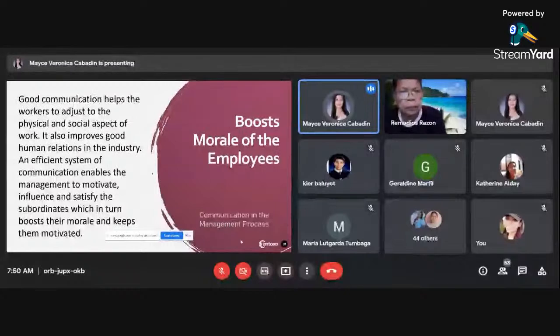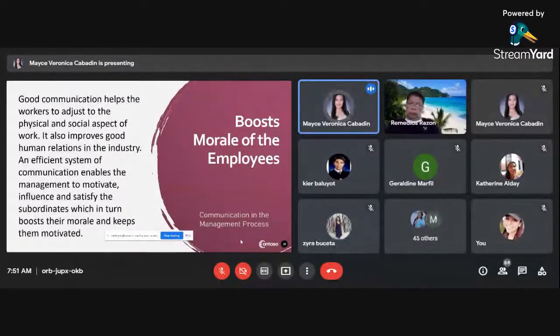So, paano po na motivate yung mga workers in a certain organization? So, what I'm seeing here is dahil nga may friendly and well-organized management, they get more interested with the job. When it comes to motivation naman po, it is somehow related with the communication na mayroon between the manager and the subordinate, kung saan manager will provide feedbacks. So dito pumapasok yung feedback, kagaya ng meron tayo sa school.